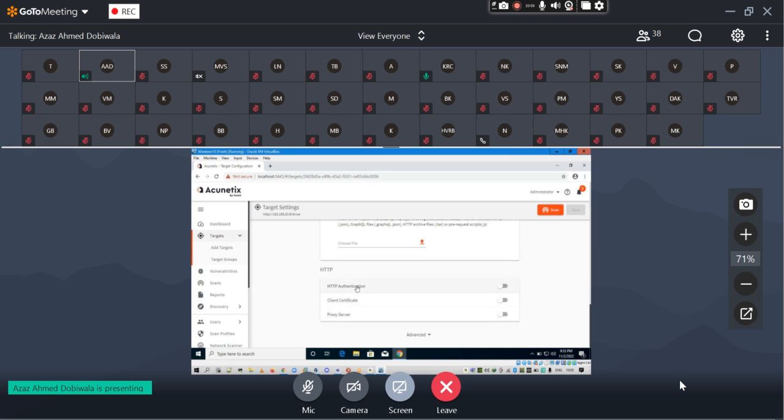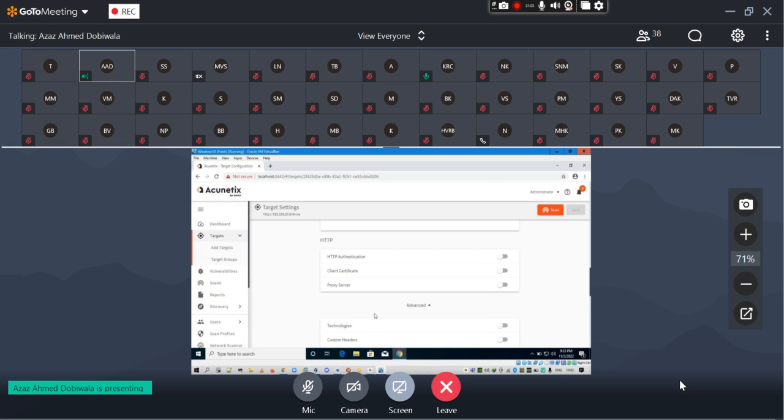You can see there is an authentication section, right? So in this authentication panel, if you have a barcode or OTP or something,